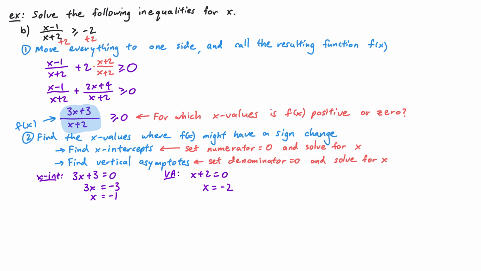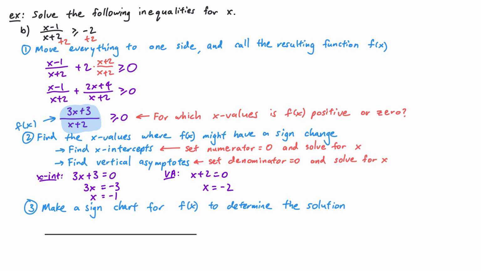Now that we've found the x-intercept and vertical asymptote, we're ready for our last step, which is to make a sign chart for our function. So let's draw our number line. And on our number line, we're going to put down our x-intercept and vertical asymptote. We have x equals negative 1 and x equals negative 2. The smaller one goes first, so let's place negative 2, then negative 1,